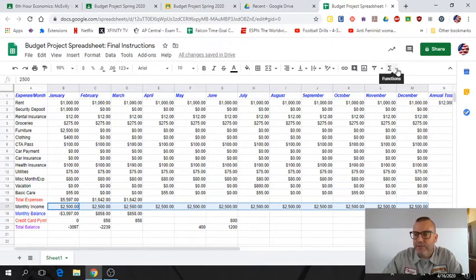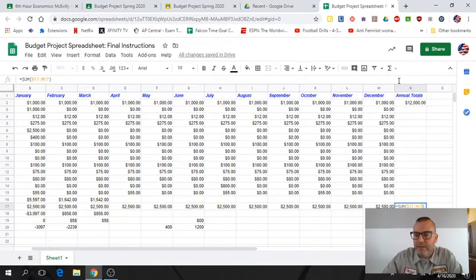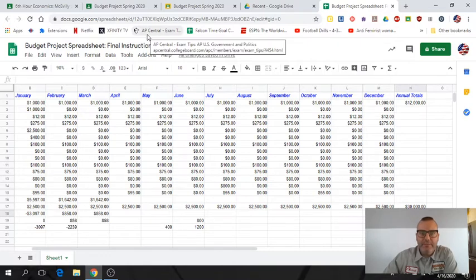I'm going to come back to my Functions tab, click on Sum, and then I'm going to go to my box, click on the box, and that's $30,000 is my total income, all right, after taxes. For me, it goes right in there. I can do the same thing with all your expenses. You can do all of this through the Functions tab to make your life a little bit easier, all right? After you finish your spreadsheet, if you have any questions, shoot me some emails, all right?